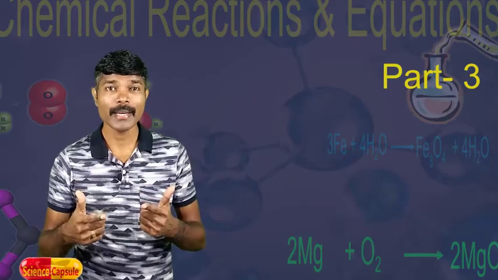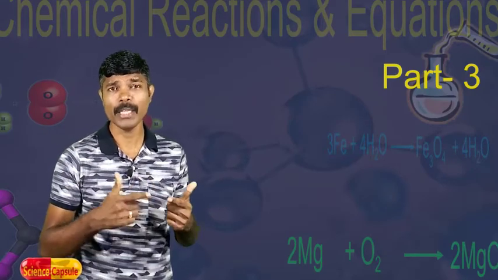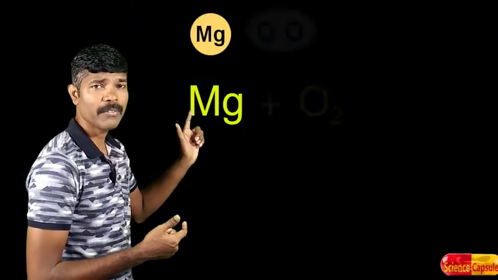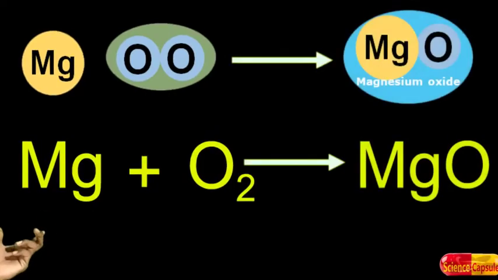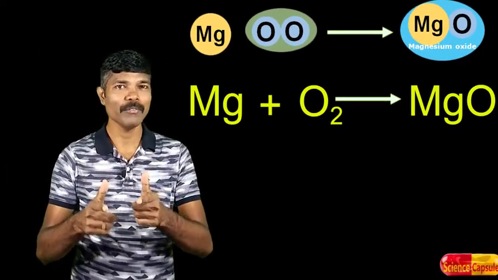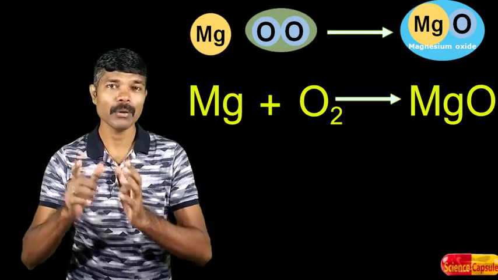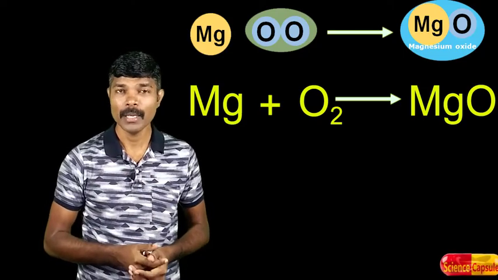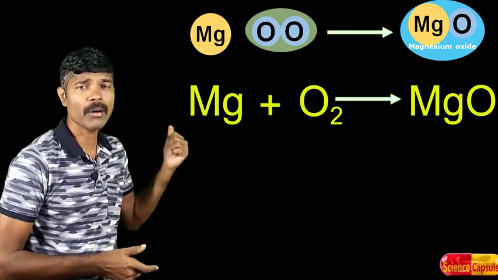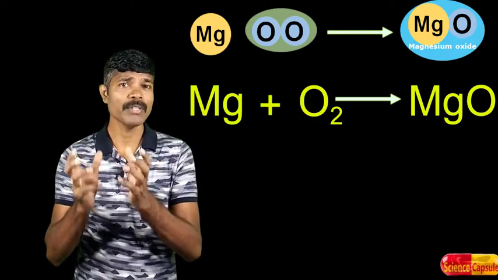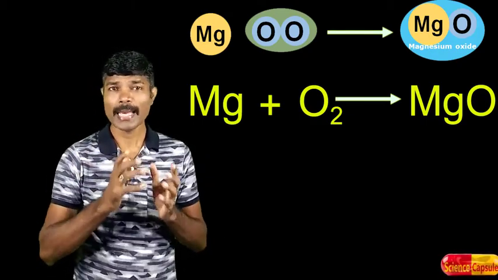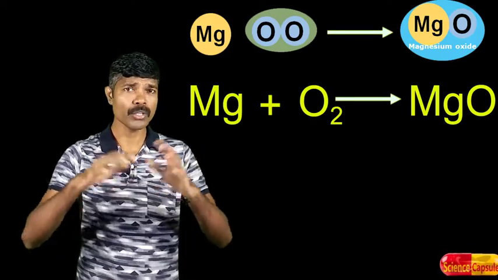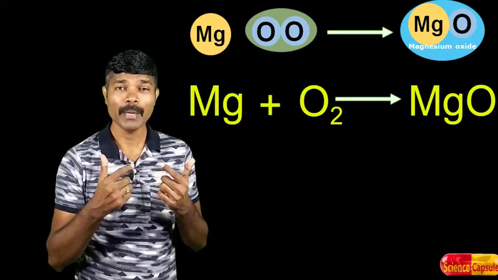Let us take an example of a chemical reaction and see how the chemical equation for that chemical reaction is written. For example, here magnesium is reacted with oxygen and gives magnesium oxide. This is a chemical reaction. To know about the chemical equation, we should know the basic skills about the formula of the constituent elements or the compounds that are taking part in a chemical reaction. So here in this case, magnesium and oxygen are the constituents which are undergoing chemical change, and as a result of this chemical change, magnesium oxide is formed. By knowing this, how do we constitute all this in a chemical equation?